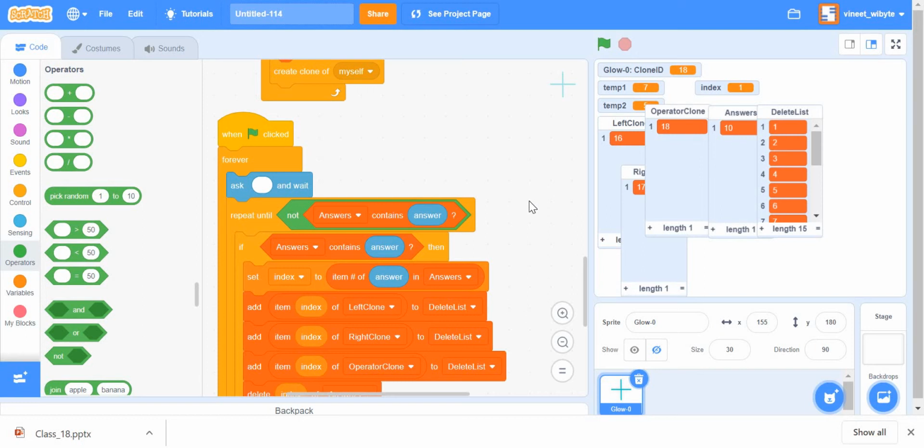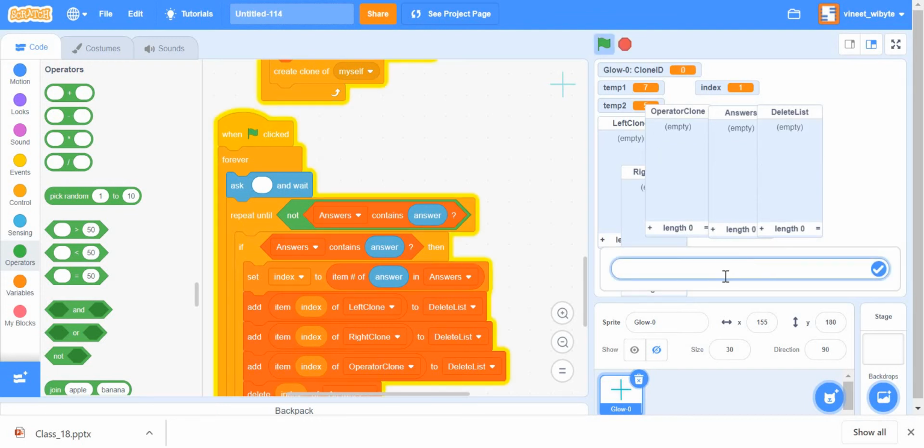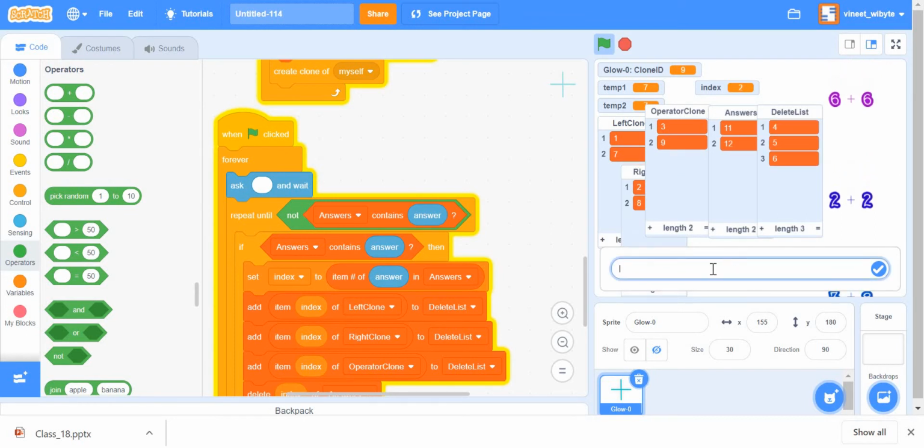Now you might also wonder what happens if answers doesn't contain this at all. Then basically none of this loop comes into action and you're again asked a question. So nothing happens to the list. For example, let's say 3 plus 8, the answer is 11, but if I answer 12 for instance, nothing will happen because this condition was never met. So these conditions never came into play. But if I gave, say for example, 4, this should get deleted. So 4 has been deleted from here, and so on and so forth.